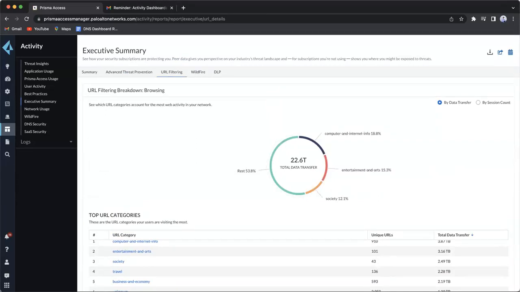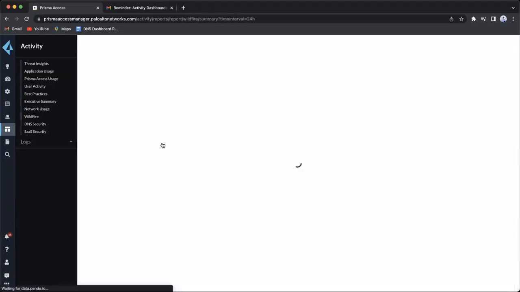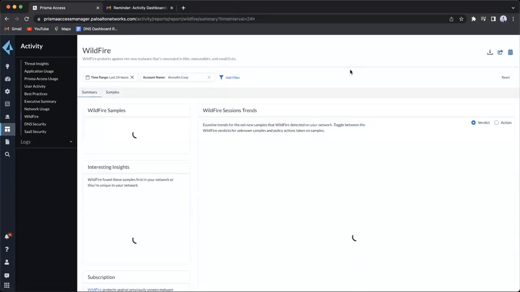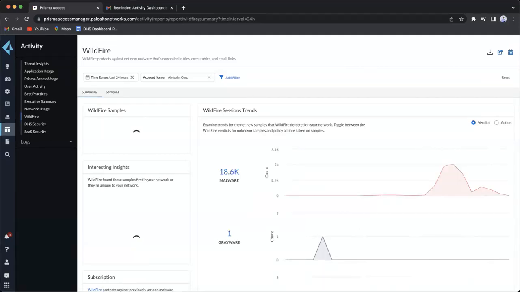So I think this would be a good way to move into the detailed analysis of WildFire, which we have over here in the left navigation, the WildFire dashboard. And WildFire, as we know, helps us against malware that's concealed in files, executables, and email links. The first widget is telling us how many samples were submitted in the last 24 hours. And the widget on the right is about the session trends,